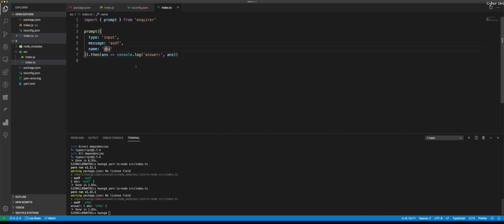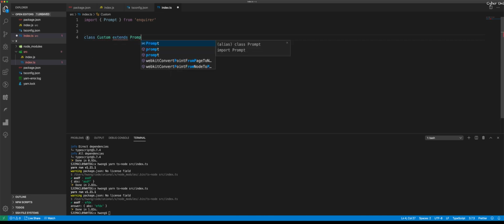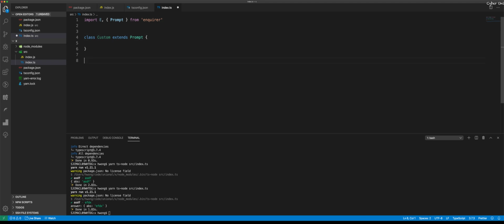Right? Like this. That's how you normally use it, right? You're not going to use the prompts class and all those things, that's really for creating custom prompts. So then the question is, if you're going to create a custom prompt, right? Now I'm going to define the class custom extend prompt, and then write a whole bunch of things for it, and then when I'm using it, I will say